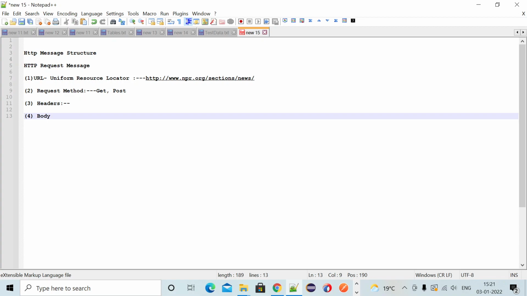And body means what? Body, in the sense, will contain the data the client wants to send to the server. So it contains only the data that I need to send.